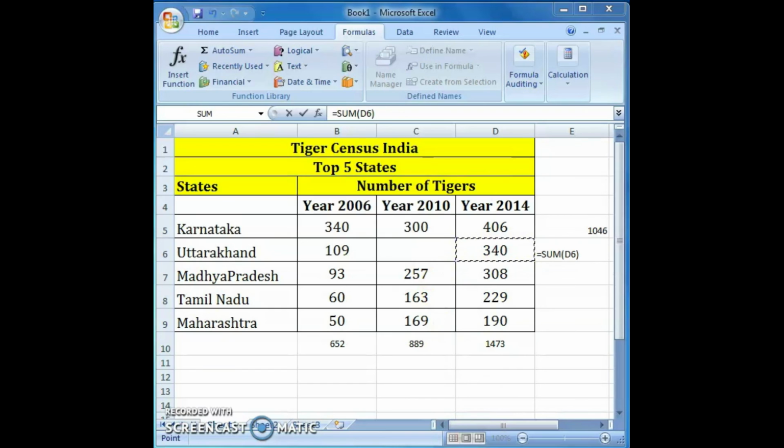We can use Alt plus equal to as a keyboard shortcut to access the AutoSum feature. We can also use AutoSum by first selecting the range of cells and then clicking on the AutoSum option. This ensures that the desired cell range is selected on which we wish to use AutoSum. Okay, clear this one? Okay students, I hope it's clear to you.